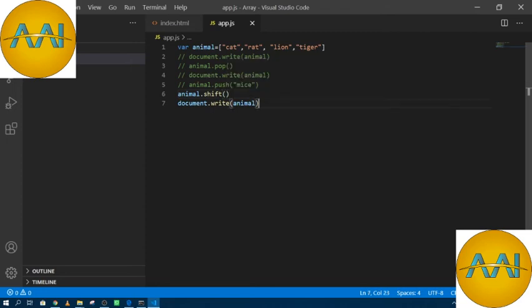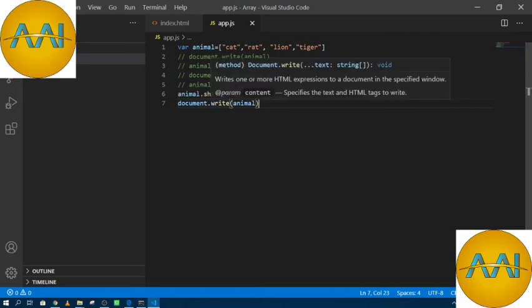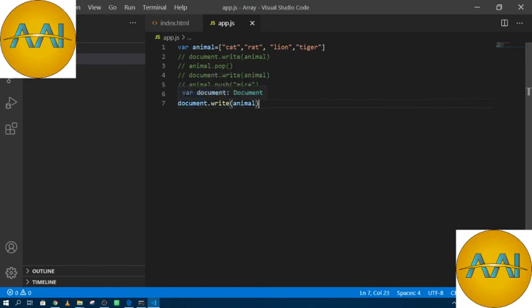Then for checking, you write document dot write, or you can also use console or alert, as you know from my previous videos.